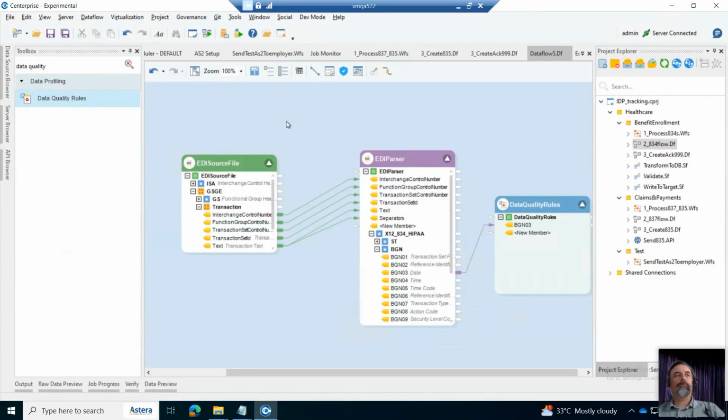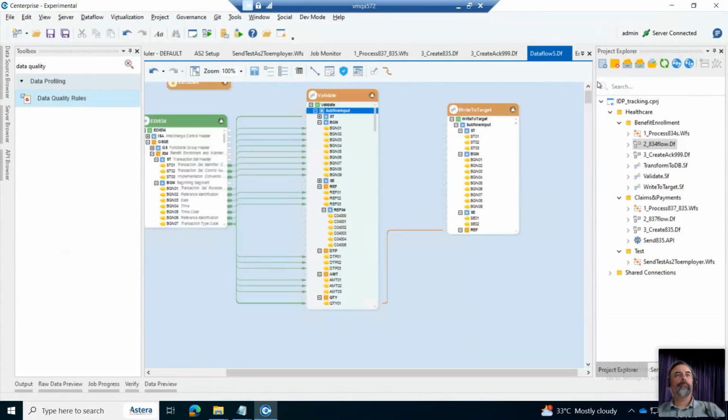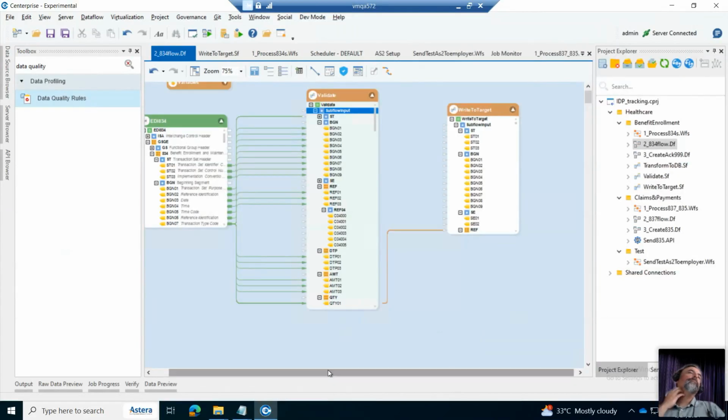So now we're going to move to a more ready flow for processing an 834 file. So here we are on that. So this is